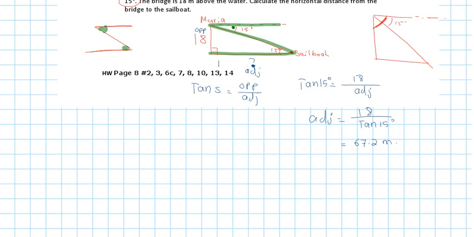This is a word problem, right? Word problems must have a therefore statement at the end. So you must end your question with the therefore, whatever the answer is to the question. So therefore, the sailboat is 67.2 meters away from the bridge, or from the bottom of